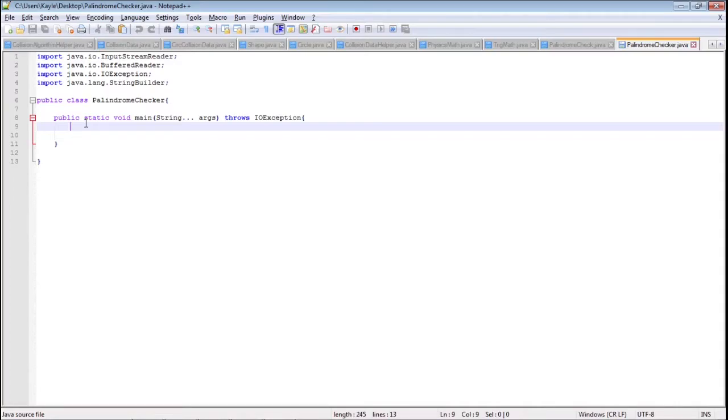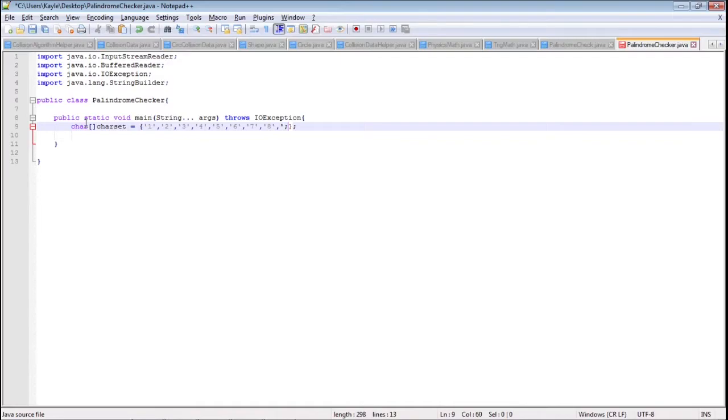And next, let's create a char set first, very important, and put some numbers